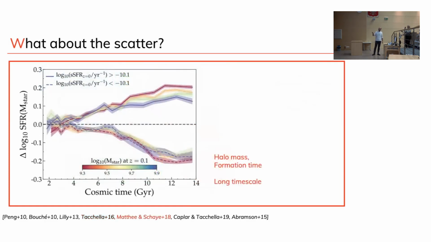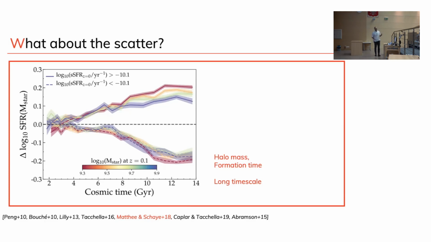On the other hand, this is instead from a simulation. This is from EAGLE. This is trying to figure out what happens if you have a galaxy on the main sequence at some redshift, in this case low redshift, and you try to trace it as a function of time. Well, it turns out that if you have short time scale variations around the main sequence, basically you end up raising the signal around this zero value. Again, this is the distance from the main sequence as a function of time. What they find in this paper by Matthee and Schaye is that actually, if you are above the main sequence, you've been above the main sequence for most of your history of formation. And if you're below, you tend to be below.